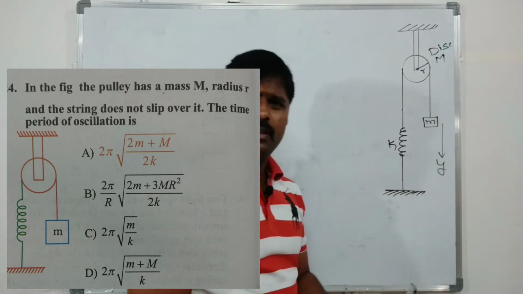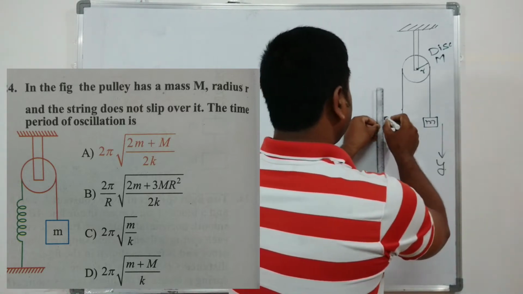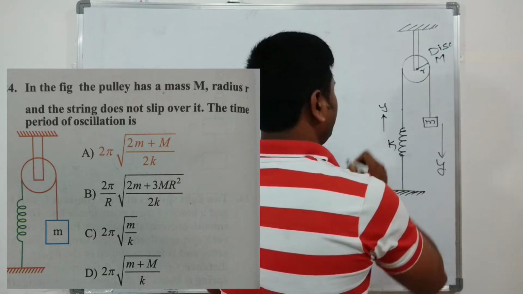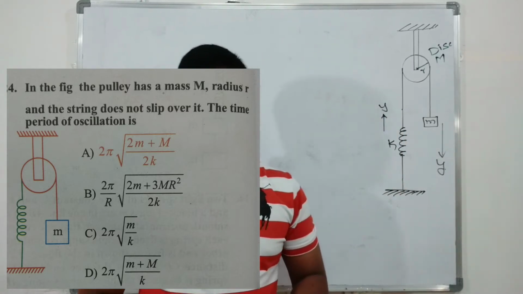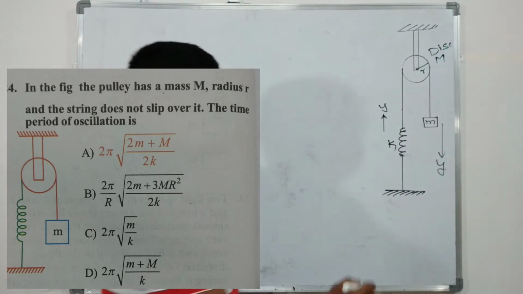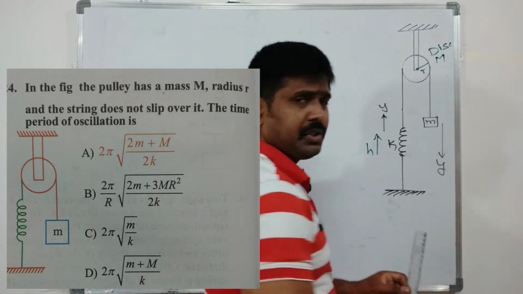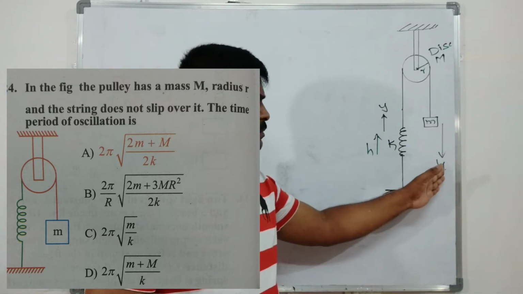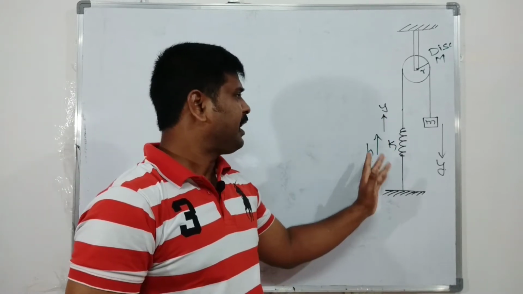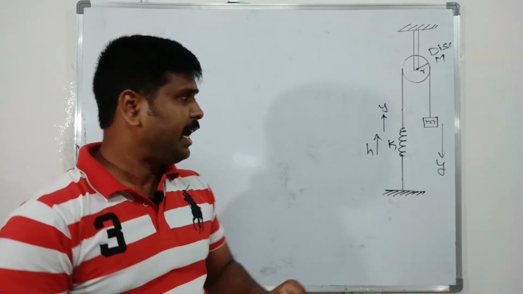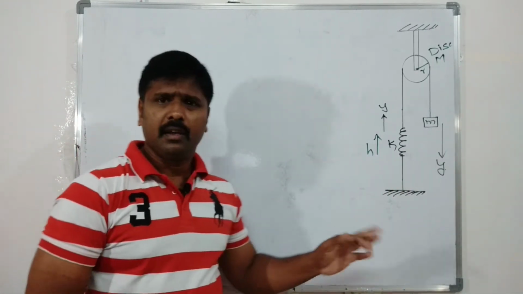Due to that, the spring is also elongated. How much? That is also y. But due to the connection, initially the spring is elongated by h. So this is the h initially due to the connection, and due to the displacement y, the spring moves in the upward direction with h plus y. How much? h plus y. So we can take h plus y directly in the derivation.